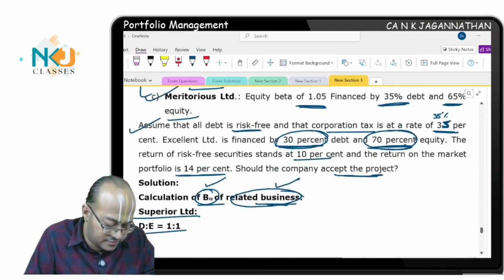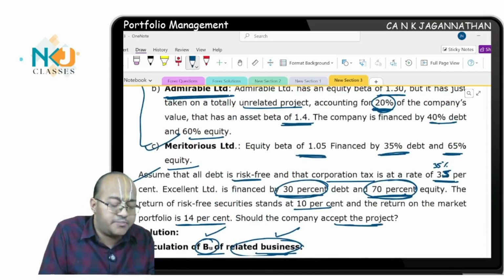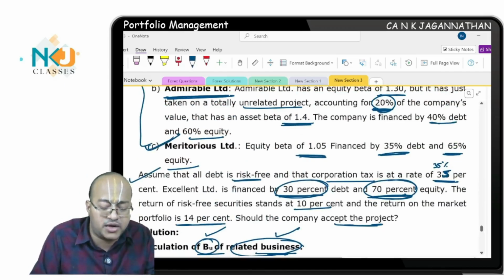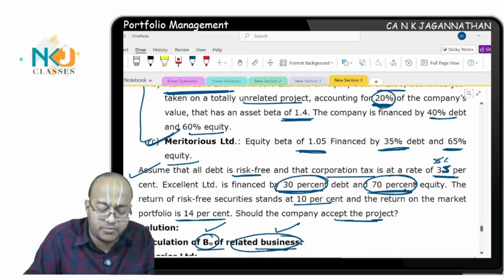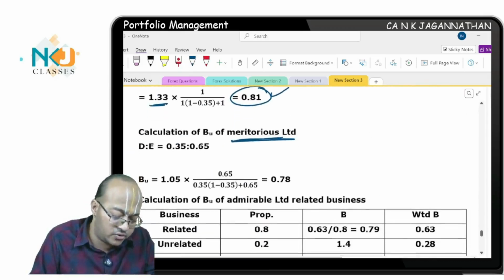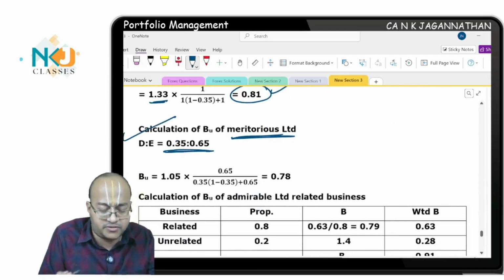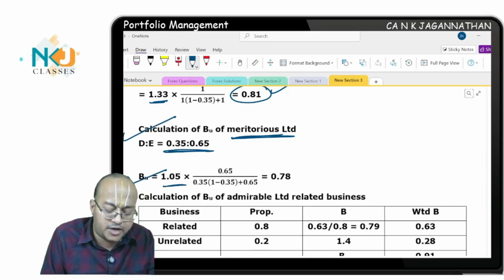Actually, there is Admirable Limited. I will discuss that at the end. Okay, come to Meritorious Limited. Easy adjustments. There is no related business segregation, so easy adjustment. Equity beta 1.05 is there. Unlever it. See, Meritorious Limited, I unlever it. 35-65 is the debt equity ratio. I will unlever. Beta levered into